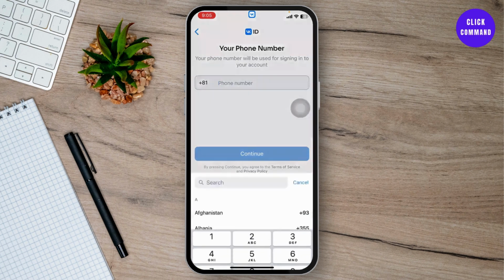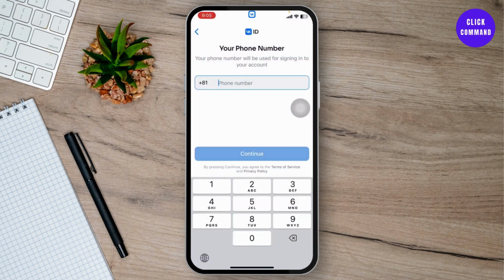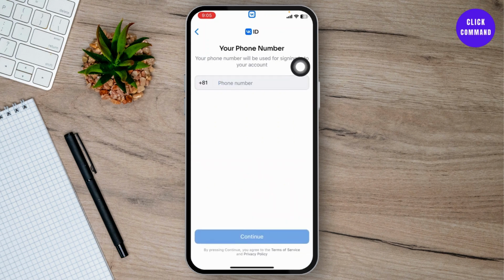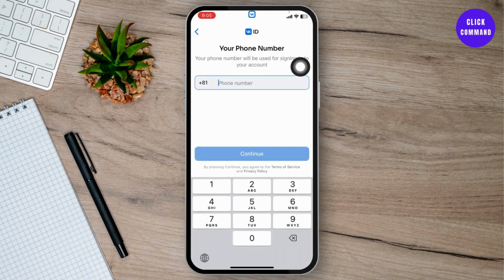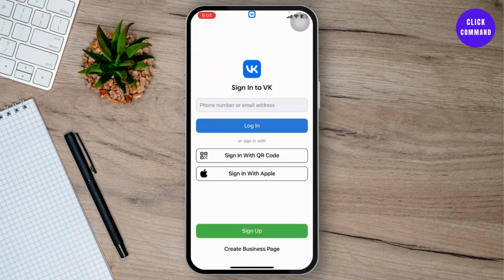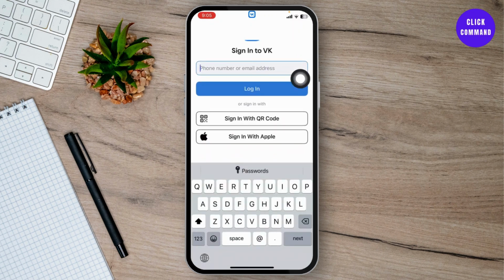Now, due to regional issues, I am not able to create an account in VK. So yeah, the basic thing that you can do is just type in your phone number here, wait for the code, and then you can put that code in, which will create your account, and then you can start using VK. After that, you can just log into VK using your phone number or email address from this page right here,